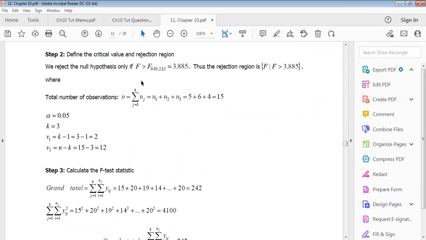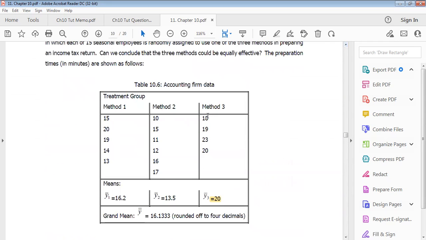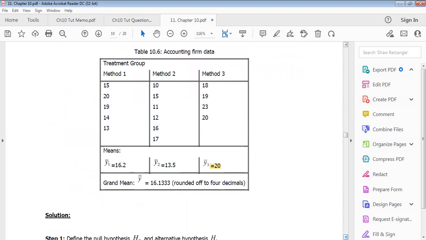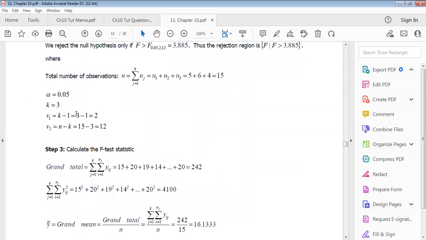Here the alpha is given, and you have to find your upper confidence interval. So your K is the number of methods that are given. Here you are given 3 methods: 1, 2, 3. Your K is 3. So your upper degrees of freedom will be K minus 1, which is 2. And the other degrees of freedom will be